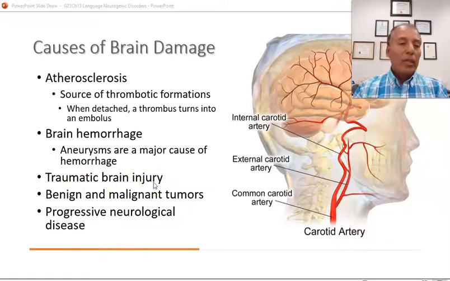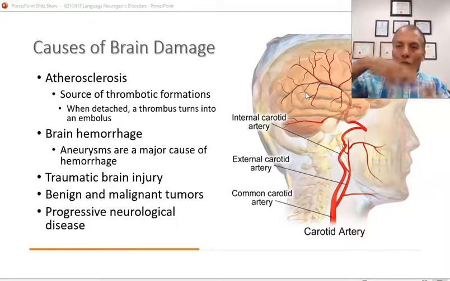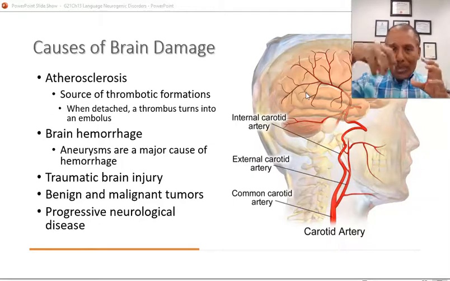Traumatic brain injury, that is just car accidents, bullet wounds, any kind of injury that can damage the brain in random ways, depending on the impact and so on. And then there are tumors in the brain, malignant or benign. And when a tumor develops, it pushes, it grows, and it displaces structures all around it. And that is going to cause gradual loss of function, depending on how fast that tumor grows and how big it grows and what areas it grows in.